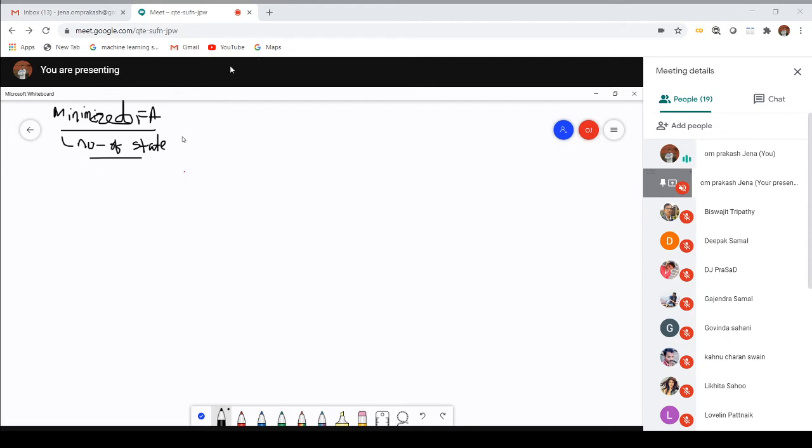The first step is you have to make a table and represent all the transitions in the table, and distinguish which one is a final state and which one is a non-final state. Then you can identify which one is a dead state and dummy state. Just remove the dead state and dummy state. The third thing is to find out which states are unreachable or inaccessible states. You have to keep these things in mind.